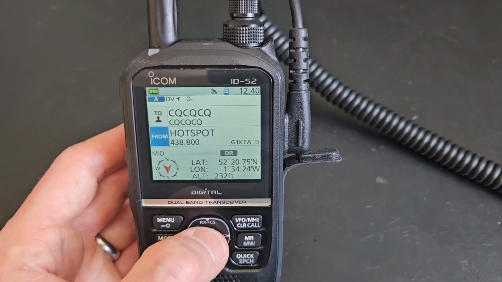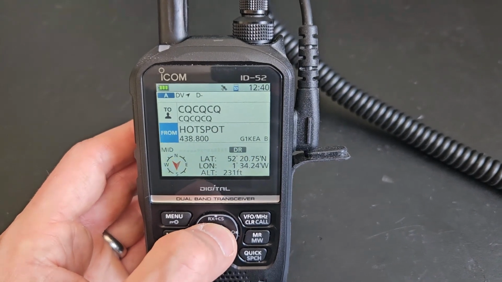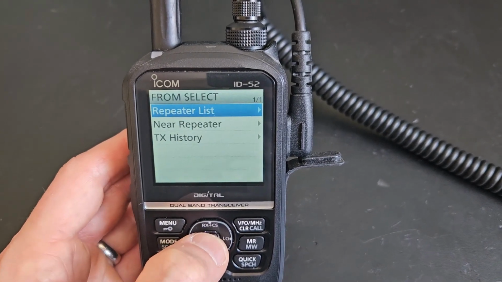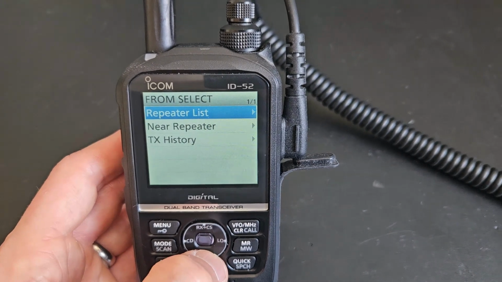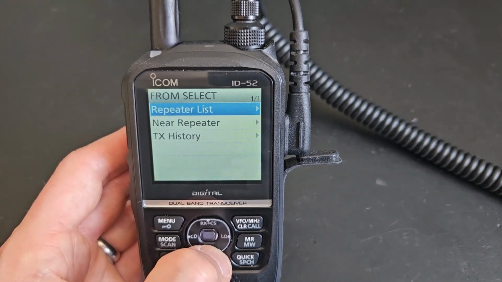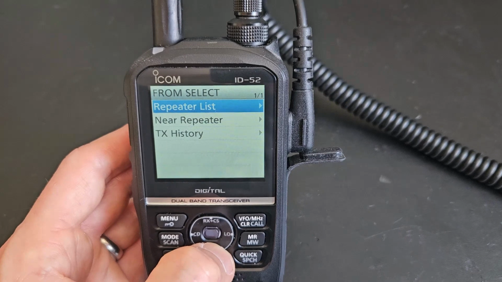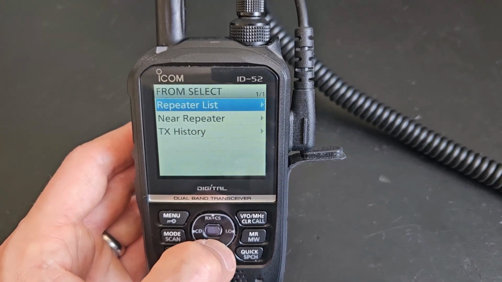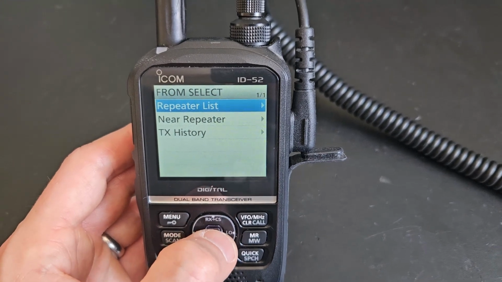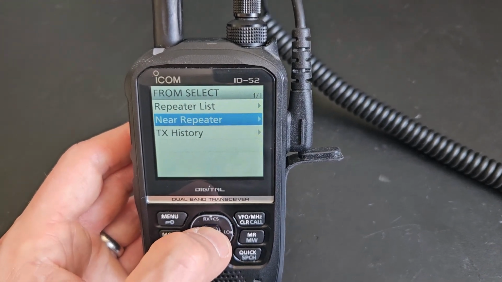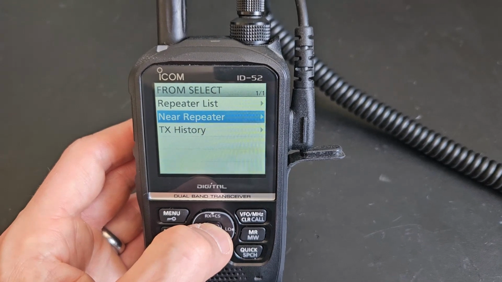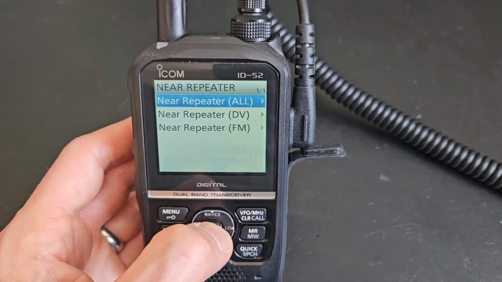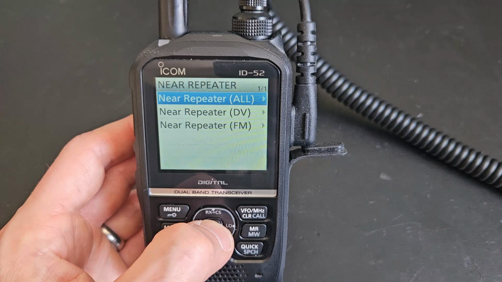So if you scroll down to your from field, select it, and you get the option here: repeater list, near repeater and TX history. Obviously if you wanted to change it from hotspots to another hotspot or a local repeater, you'd go into repeater list. But if we select near repeater and watch what happens when we go into that,